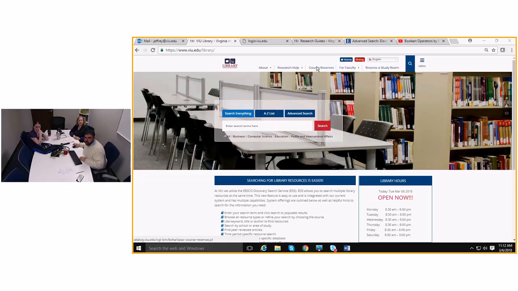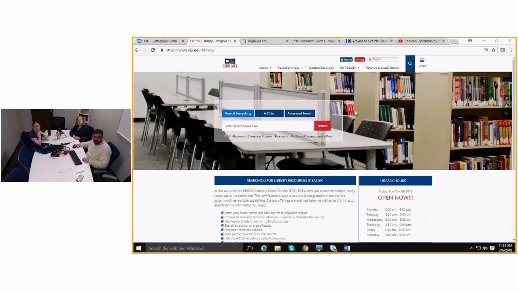Course reserves deals with our reserve section, which is the textbooks that the library has and that you can borrow for 4 hours. And lastly, how to reserve a study room. If you want to use one of our 2 study rooms that now have whiteboards, you can make a request to reserve one, and if there's not a conflict, we can write the reserve for you. On the bottom of the page, you can see the library hours,